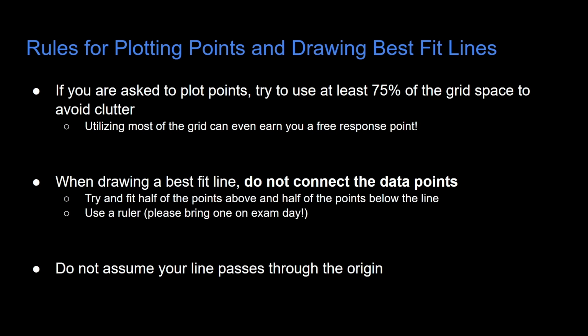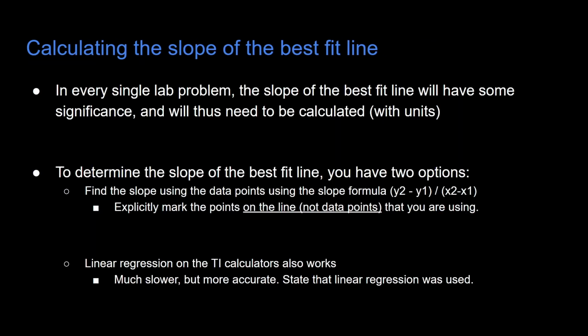And also do not assume your line passes through the origin. The y-intercept definitely means something of importance in our models, whether it's 0 or non-zero, and sometimes we want to find that just like the slope. The slope of the best fit line is always significant in some way to the model, and you've got to calculate it with units. So to determine the slope,